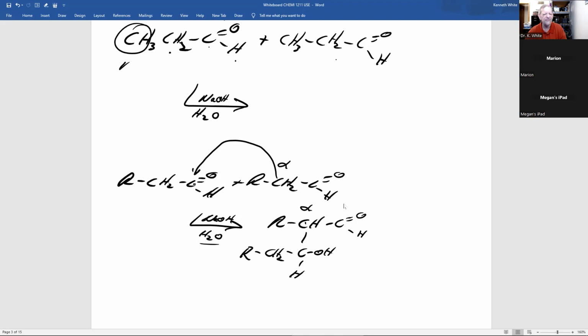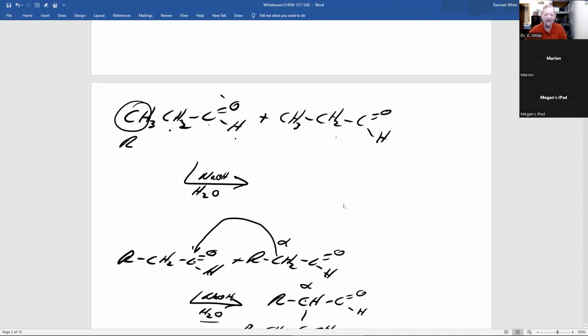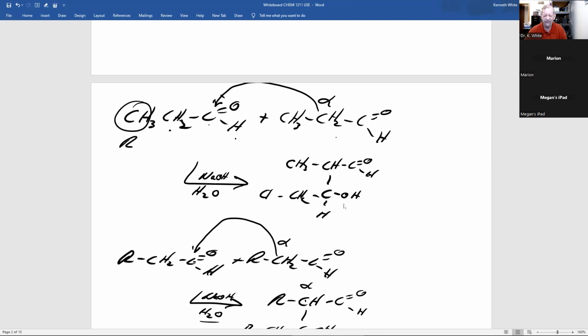What's our CH3? Now, I can also just say, I know here's my alpha carbon. This will attack the carbonyl carbon. Do you notice how violent organic chemists are? We actually say it attacks it. Pull off one hydrogen from the first aldehyde. It attacks the carbonyl carbon of the second. And what's attached to it is still attached to it.